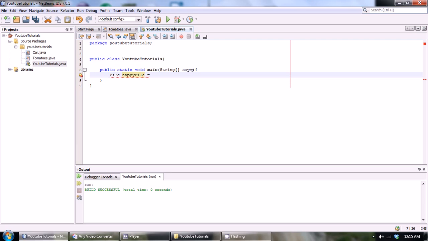And so we're going to set it equal to new File, and let's see, what should we call it? Happyfile.txt. So we created a file and named it happyfile. The object is called happyfile. Within the parameters, we're going to have one parameter that takes a string, and this is basically what name our file should take. So let's call ours